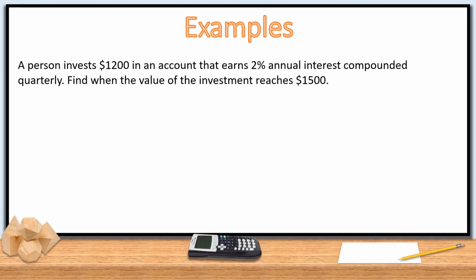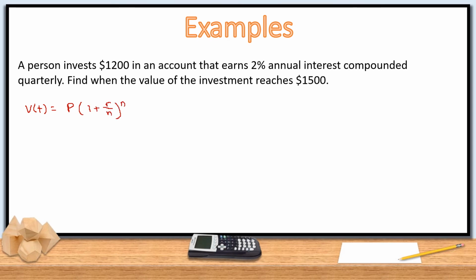All right, let's go a new one. A person invests $1,200 in an account that earns 2% annual interest, and it's compounded quarterly. So now we're into that compound interest formula, and we want to find out when it has increased by 300, so it's worth 1,500. Just a reminder of the formula: V of t is principal times 1 plus r over